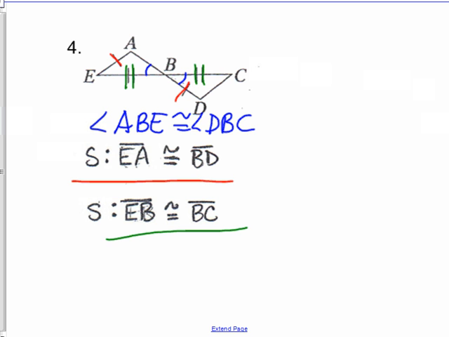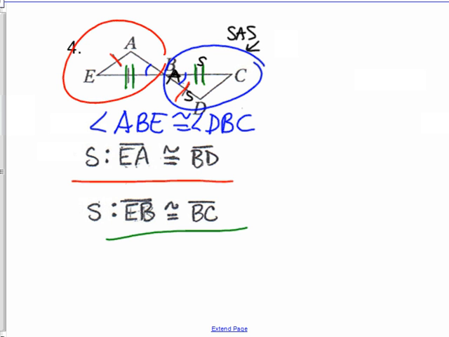In this triangle right here, we have a side, angle, side. That makes sense. That's side, angle, side. In this triangle over here, we have